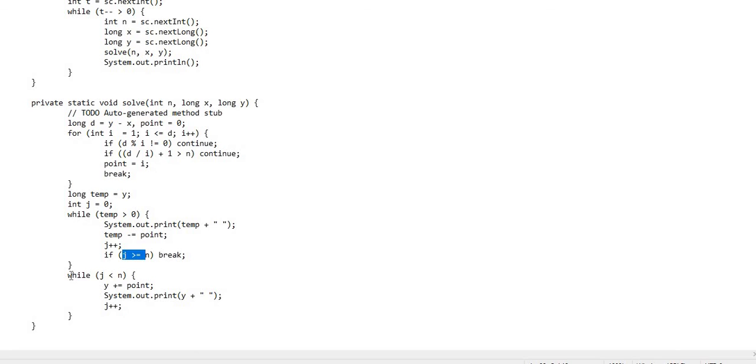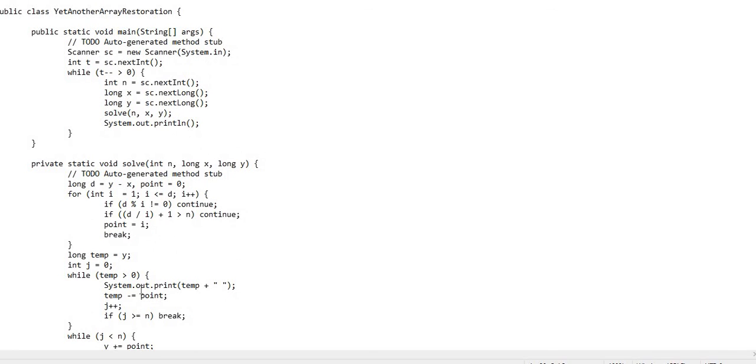That's why in this next while loop I keep on incrementing j as long as this value is lesser than n. And every time I have to add the ideal difference value into my y, so y plus would be the next value. So if n is equal to 3 for the first case, then 48 plus 49 plus 48, so it will print the 97 value over here, and it will keep on incrementing j. So that's the trick over here.